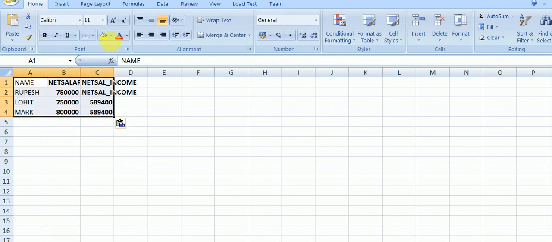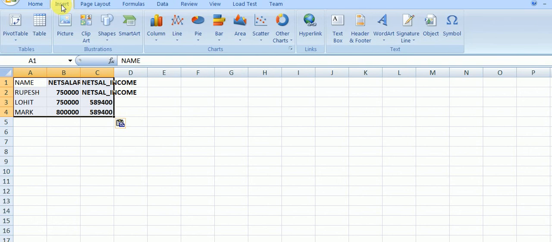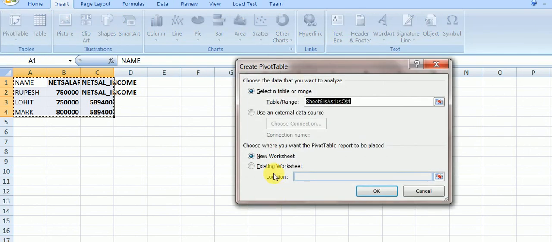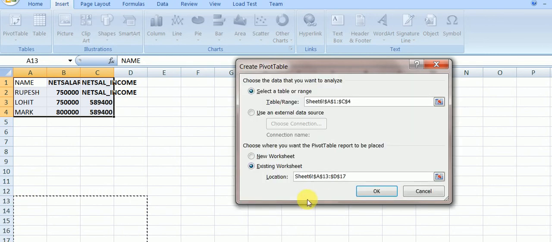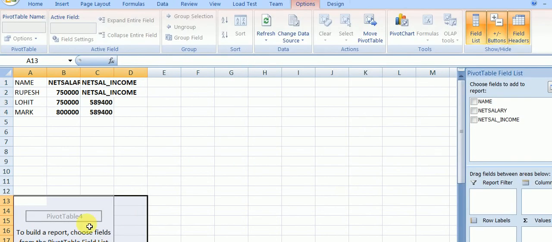Again I will repeat this, and go to PivotTable and existing worksheet, because it is convenient to show, and so these values. And here this is the pivot table area, and this is the field list where we want to filter the data. This is the row